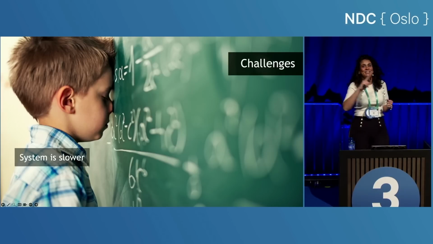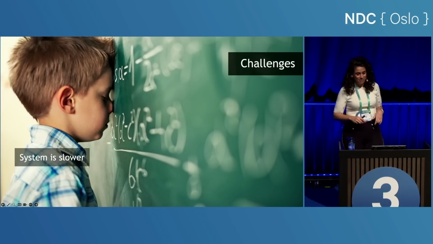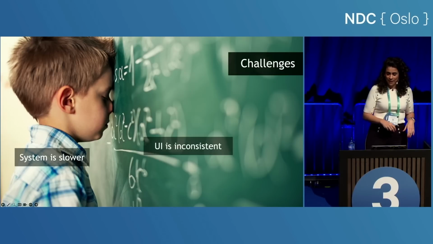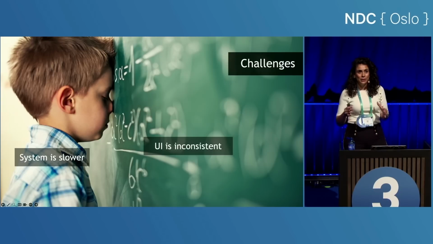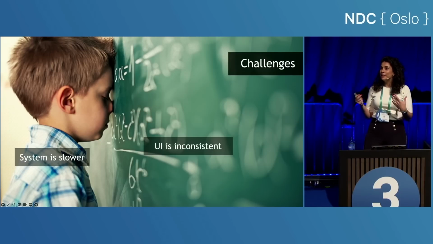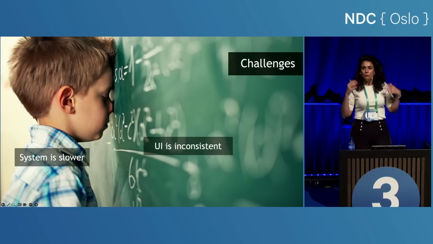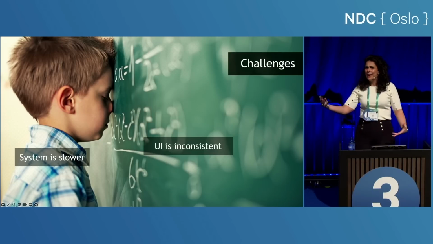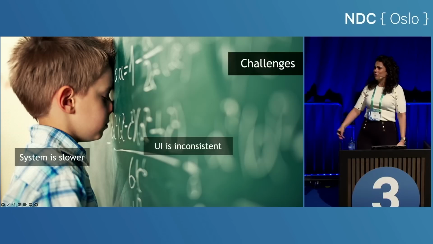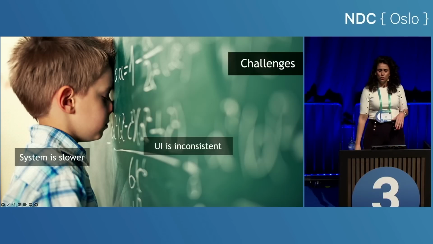Our whole goal was to make the system faster, right? Well, it was slower, and significantly so. That was not great. Another problem we ran into is that the UI became incredibly inconsistent. We had customers sometimes rating support cases and saying, hey, I just did this, but the system doesn't reflect it. And it was a lot of confusion and